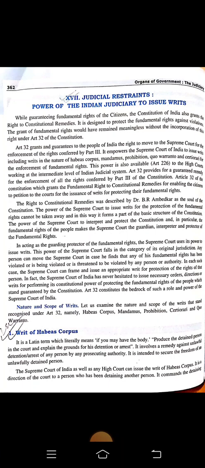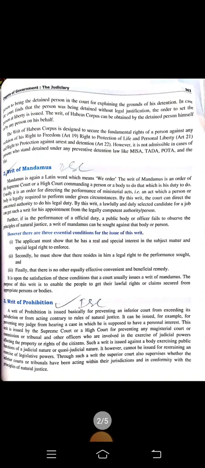the violation of the right to freedom, that is Article 19, the right to protection of life and personal liberty, Article 21, and the right to protection against arrest and detention, Article 22. So all these, Articles 19, 21 and 22, are protected by our writ, that is habeas corpus,